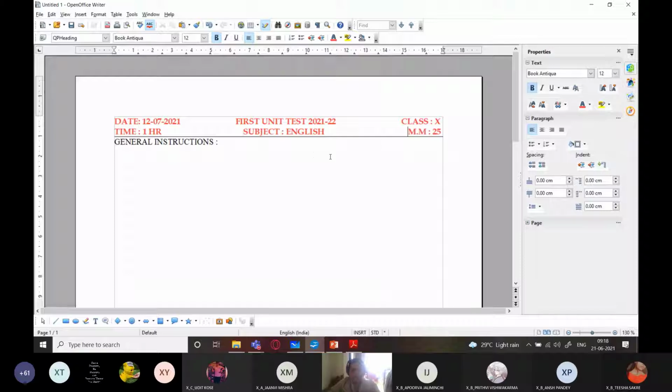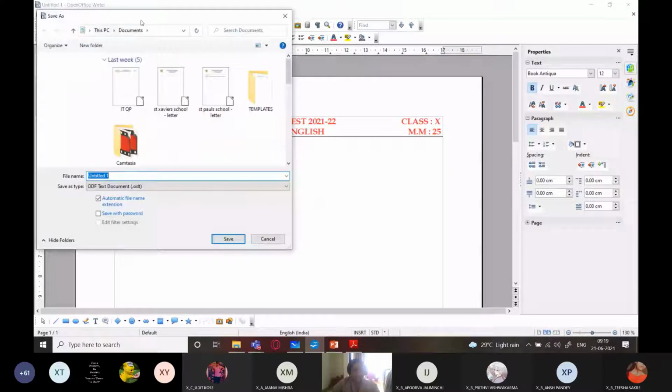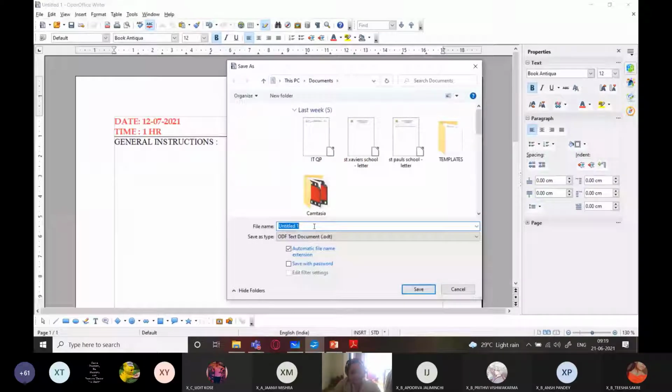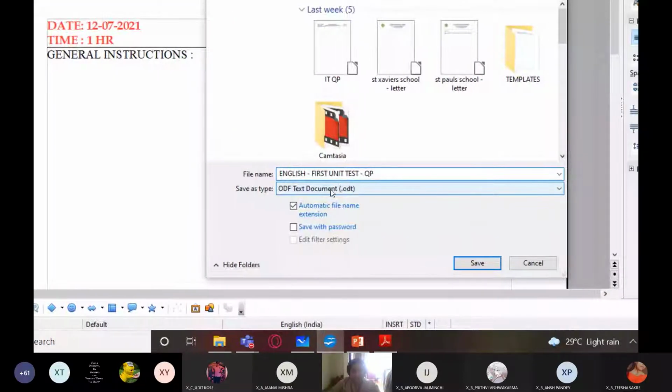The English teacher created the English question paper using this template and saved it using Control S, because it is untitled, so she needs to save it as a question paper. So she will press Control S. So I have pressed Control S. Okay. So I'm going to save, and I can save it in documents as English first unit test QP, question paper, and you can check its save as type over here, odf.odt.